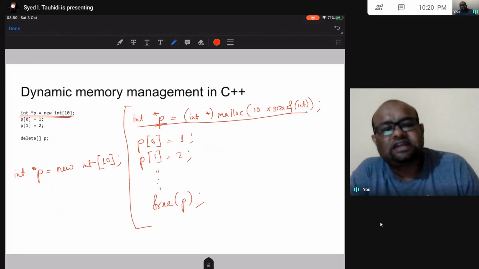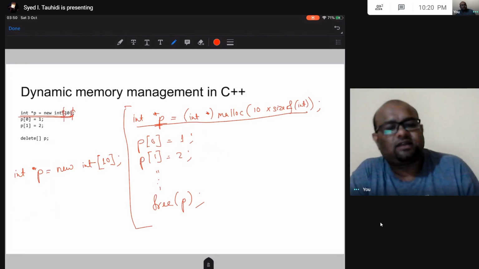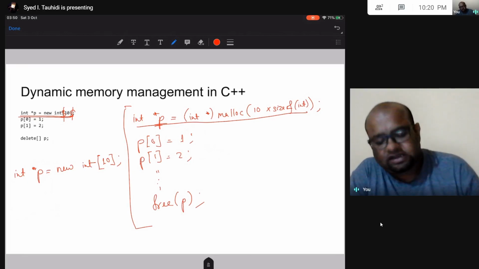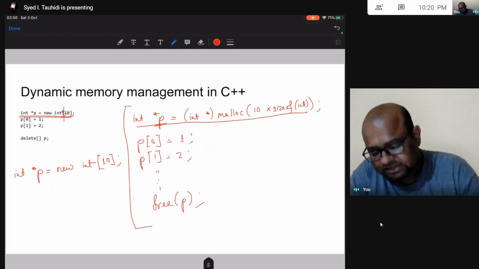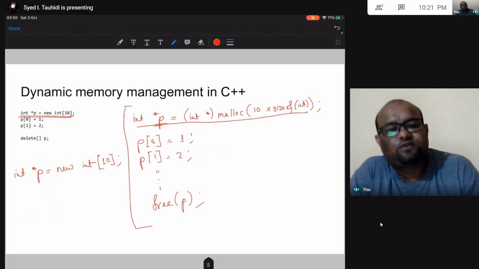If they had decided that this is going to be a dollar sign, then we would have used dollar sign. But they decided this is going to be a square bracket, so we are going to use square bracket. There is no other deep meaning behind this. This is just syntax. You have to remember it for your exam, but in real life when you work in some company, you can of course look it up on the internet.